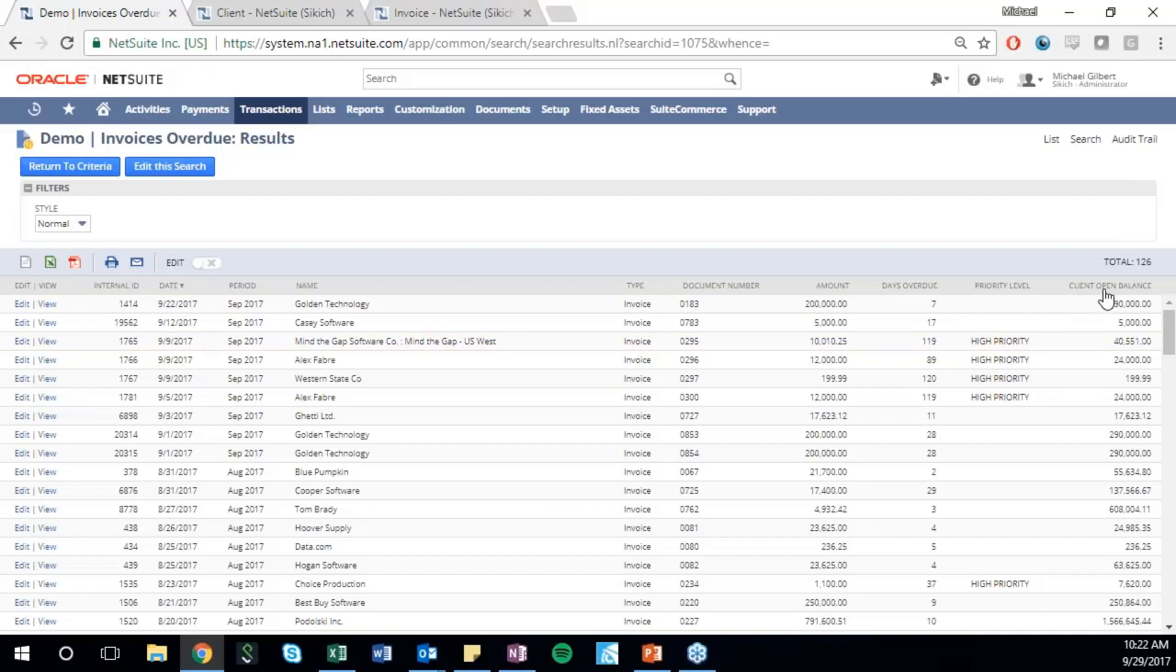this is the open balance field that we were looking at before from the client record. And I ran a single join, and I'll explain that a little bit as I edit the search. But this is showing data from the client record, even though this is an invoice or a transaction type search. So now I'll edit the search,